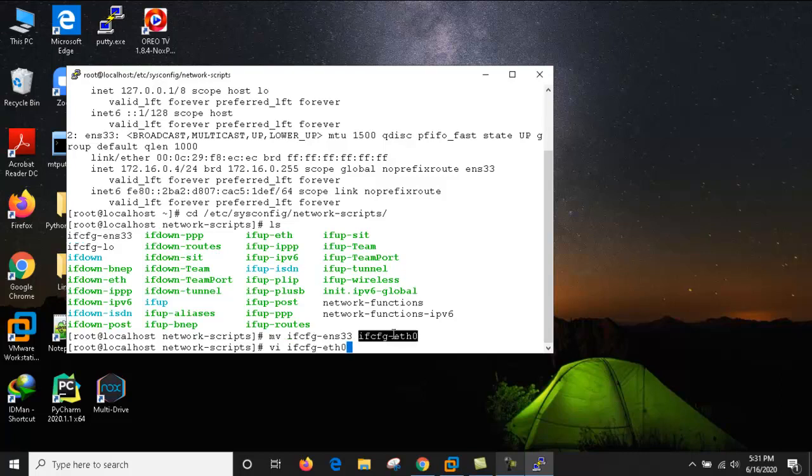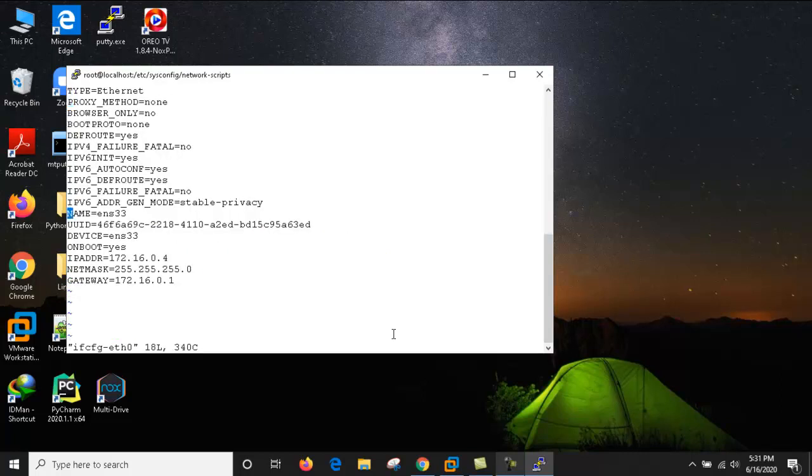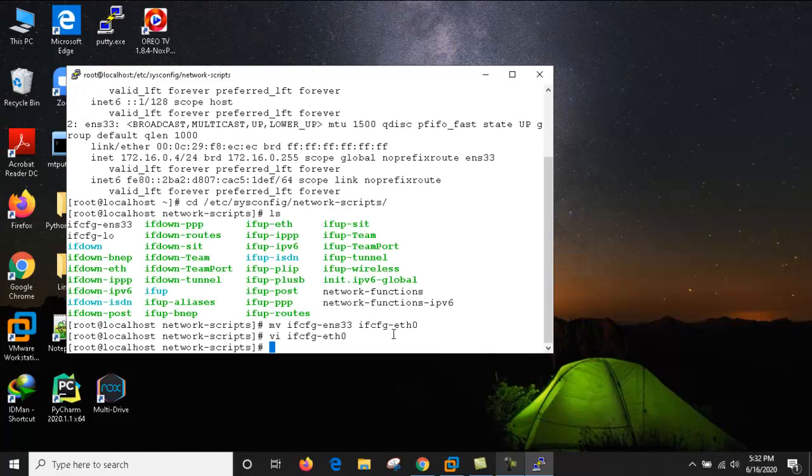You need to go here and delete this UUID, I don't require it. And here the name is ens33, so I need to rename it to eth0. Okay, I have renamed it and come out.